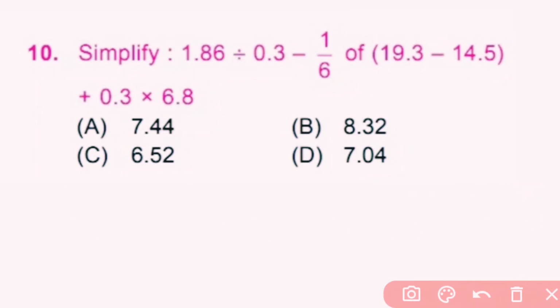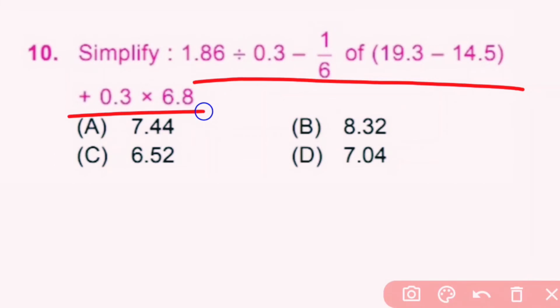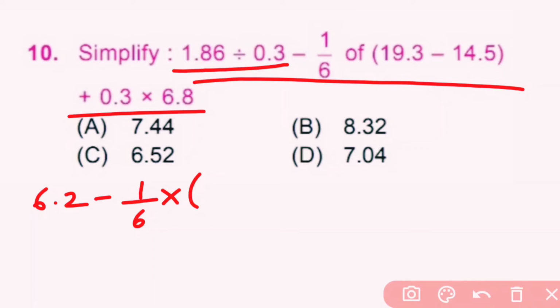Question number 10, simplify this. So here we first solve this. 1.86 divided by 0.3 is 6.2. Minus 1 by 6 of, means into, 19.3 minus 14.5 is equal to 4.8. Plus 0.3 into 6.8 gives